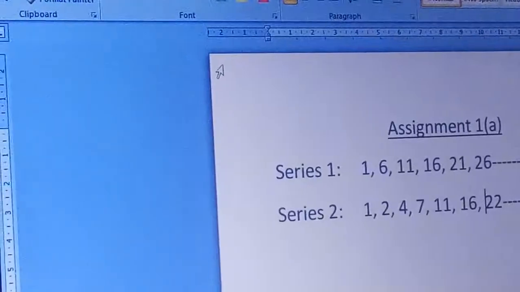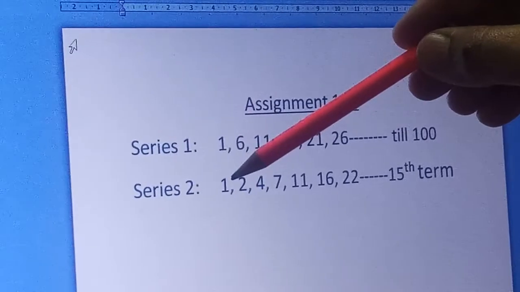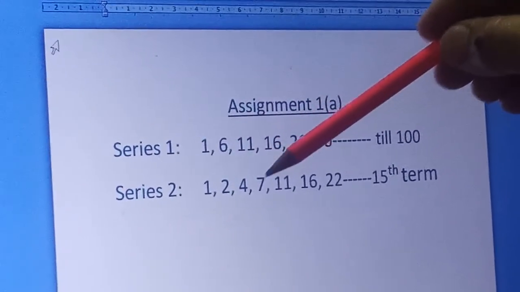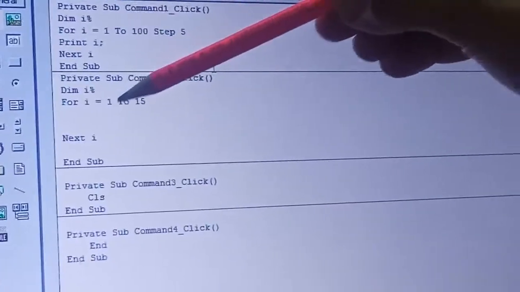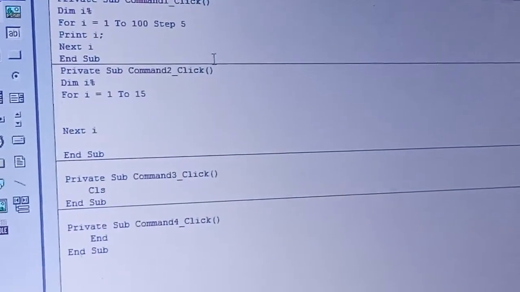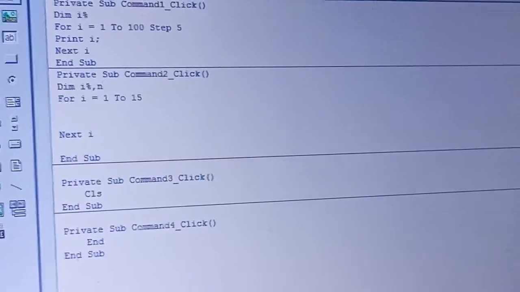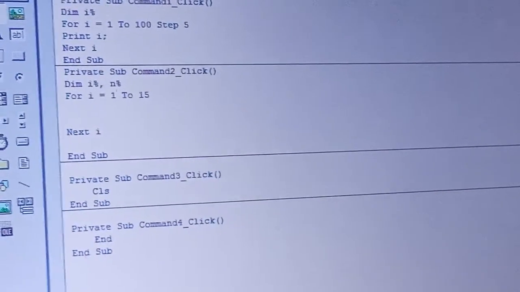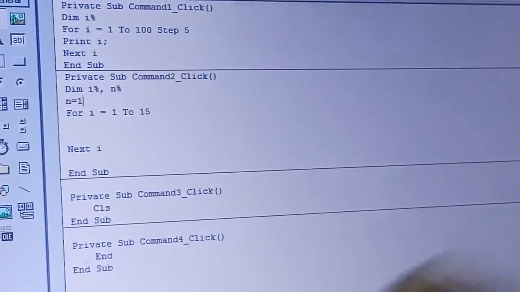Now I told you that each number in the series we get by adding 1 and then 2, then 3, then 4, then 5. Now this value 1, 2, 3, 4, 5, 6 we will get from this, because I wrote here 1 to 15. So we need another variable to print that series. So we will have this variable n%. The first value of this n is going to be 1.